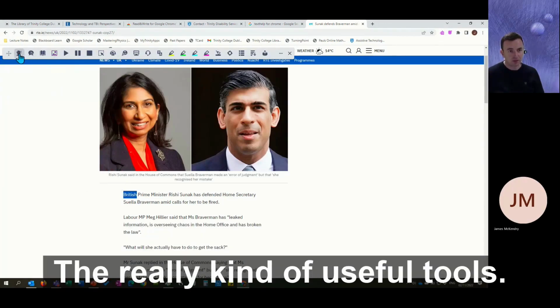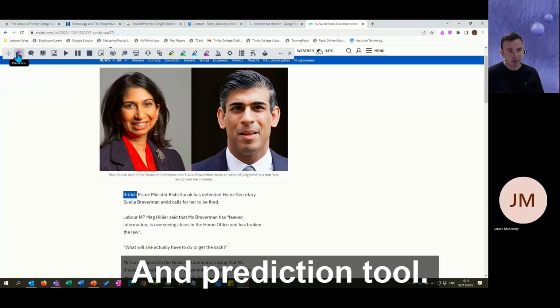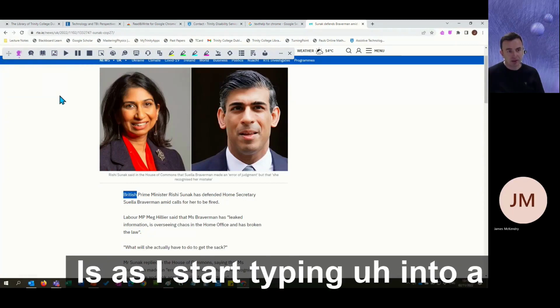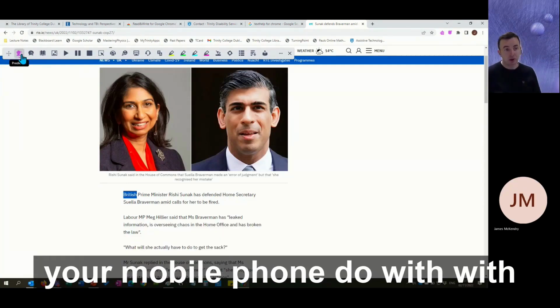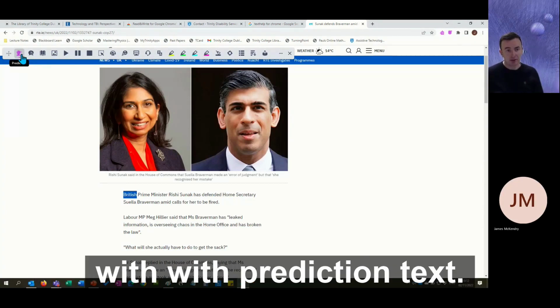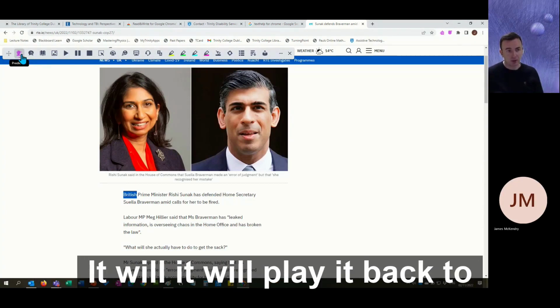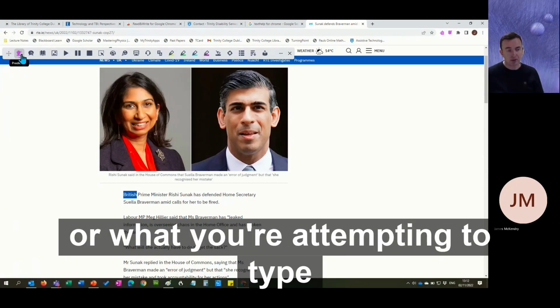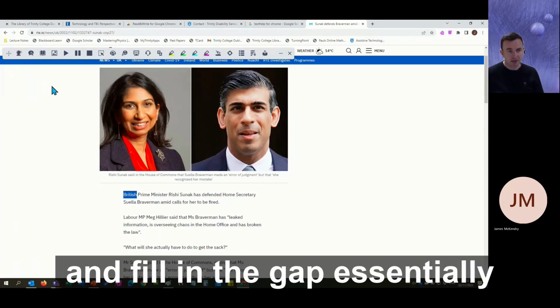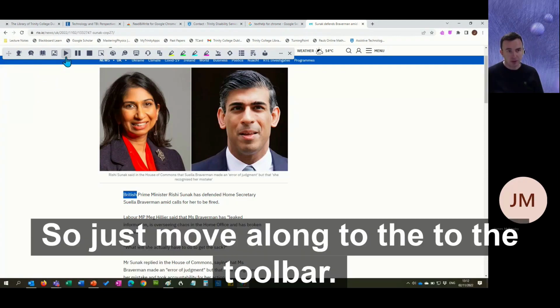Really useful tools. The prediction tool is, as I start typing into a document, or not now, I'll move back to that. It's similar to what your mobile phone does with predictive text. It will try to make a prediction of what you're saying, or what you're attempting to type, and fill in the gap for you and to quicken you up. So just moving along through the